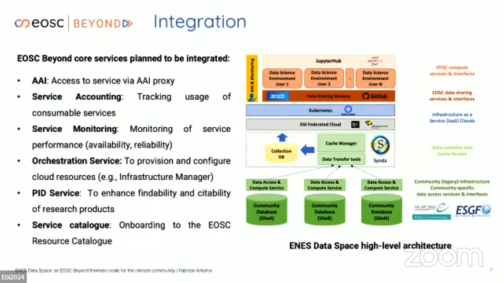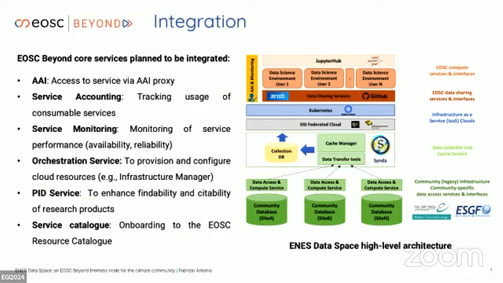On the right-hand side of this slide, you can see the high-level architecture of the data space, which consists of several layers. In terms of infrastructure, it integrates several open source services and tools, mostly from the EOSC ecosystem. Starting from that, this slide highlights the main core services that are planned to be integrated in the ENES Pilot